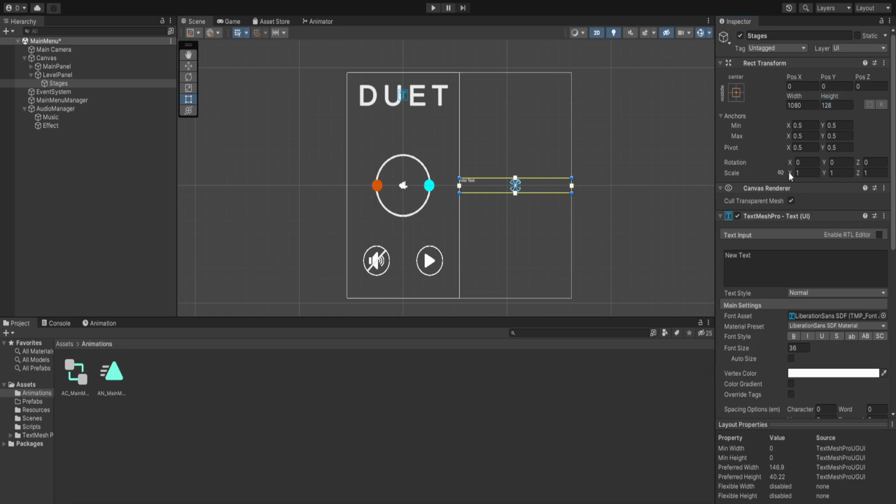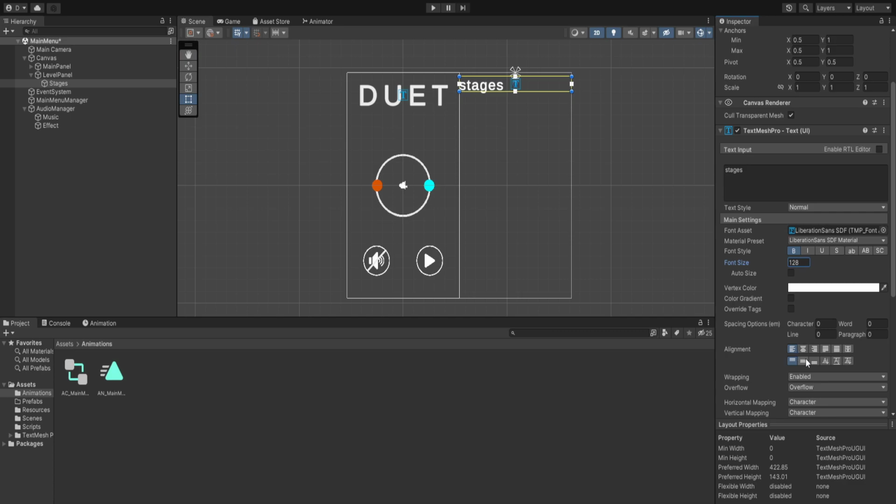128, position from the top at -96, and it's going to just have "stages", and we'll make it bold, make it 128, and alignment is going to be the left and from the center. And after that,